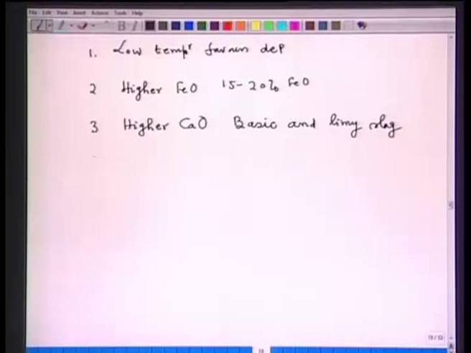Now, I have to tell a little bit about the condition for simultaneous removal of carbon and phosphorus. You know that from the point of view of steel making, hot metal contains silicon, carbon, manganese, phosphorus. You have also noted that silicon and manganese are removed comparatively very fast. It is only carbon and phosphorus that require a little more time. So, let us see the simultaneous removal of carbon and phosphorus. I will initiate, then you complete it.